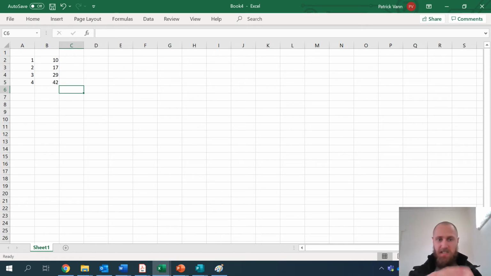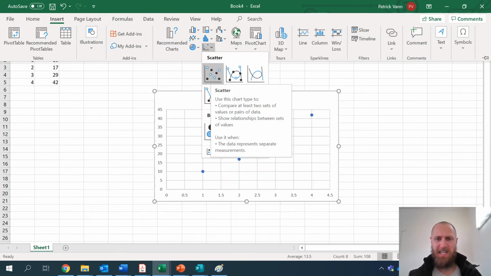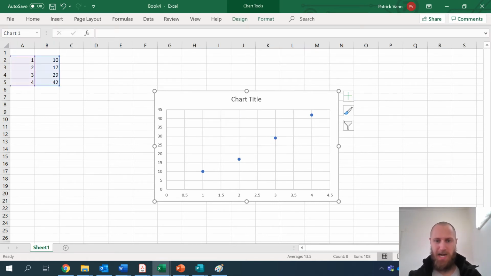So basically I've just invented some data points. I've got my X points on my left, I've got my Y points on the right. Start by highlighting all those. I go up to insert, and then I click on that little button that is there. So then I select the scatter plot option, click on that, and that's going to bring me up a graph